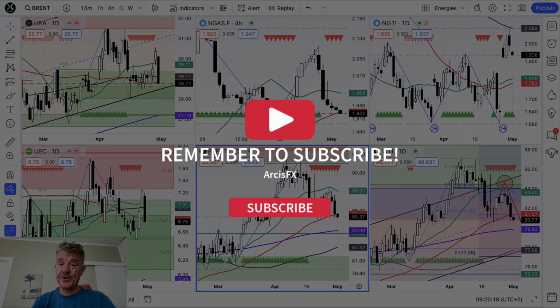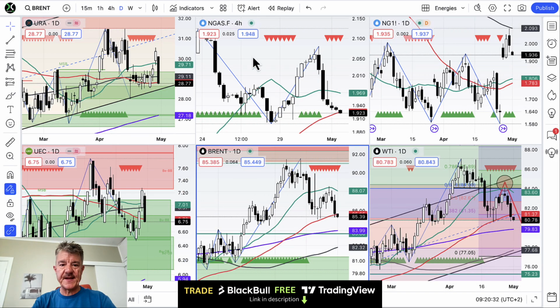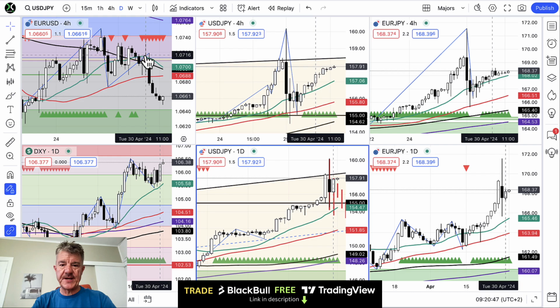If he's dovish, we should see the markets rally and the dollar come off a bit. But if he's hawkish, we might see some more pressure on the markets. I think it's more likely to be dovish and that we should see some bump in the markets. However, I remain hedged on my NASDAQ and Nvidia trades. We'll come to those in a minute, but let's go through currencies first of all.